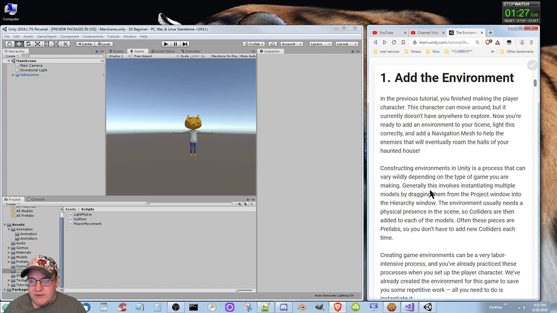Add the environment. In the previous tutorial, you finished making the player character. This character can move around, but it currently doesn't have anywhere to explore. Now you're ready to add an environment to your scene. Light this correctly and add a navigation mesh to help the enemies that will eventually roam the halls of your haunted house. And navigation mesh is pretty important,